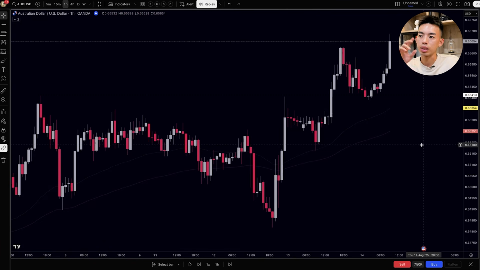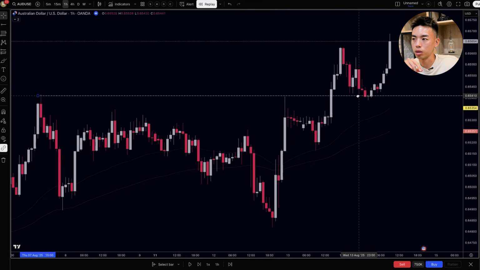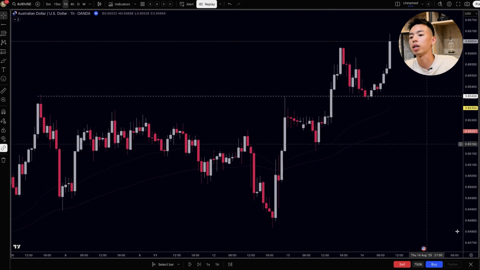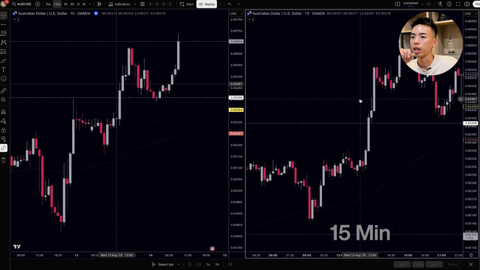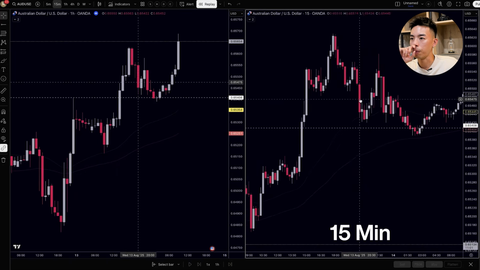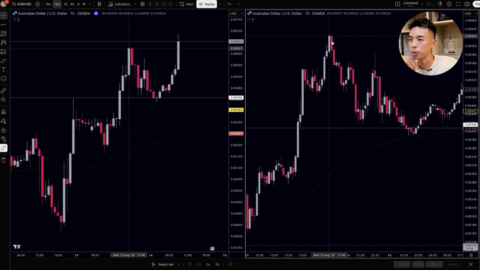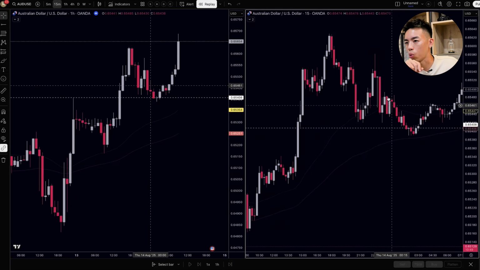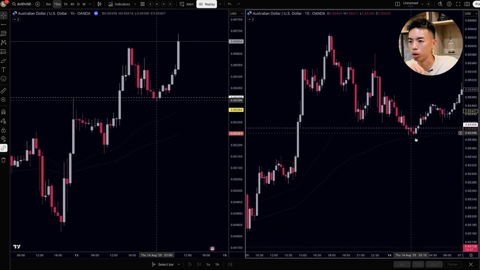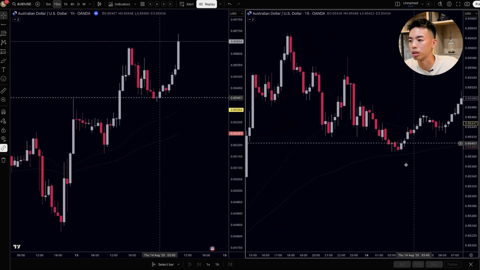Okay, now second thing, as price comes down into the support equals resistance area, you want to go down to the lower time frame and see exactly where the change of structure happens. So right here I have the 15-minute time frame, and we can see that on the 15-minute time frame we do have a downtrend coming in. Now I want to draw your attention to when price actually reaches the support equals resistance area and how the downtrend